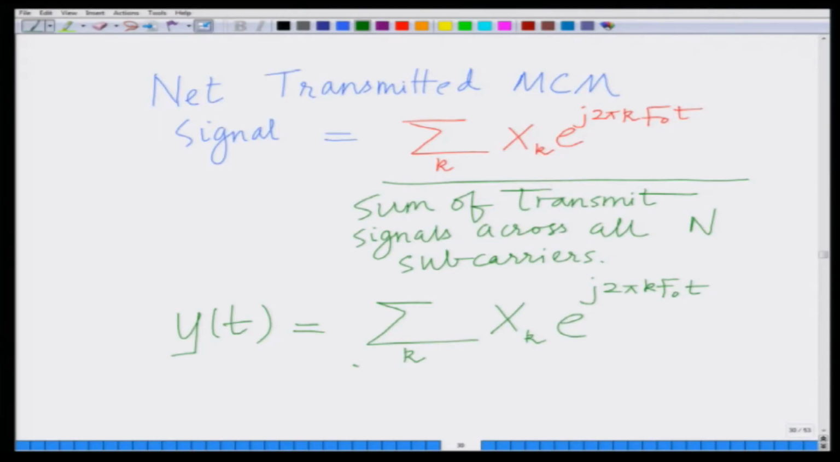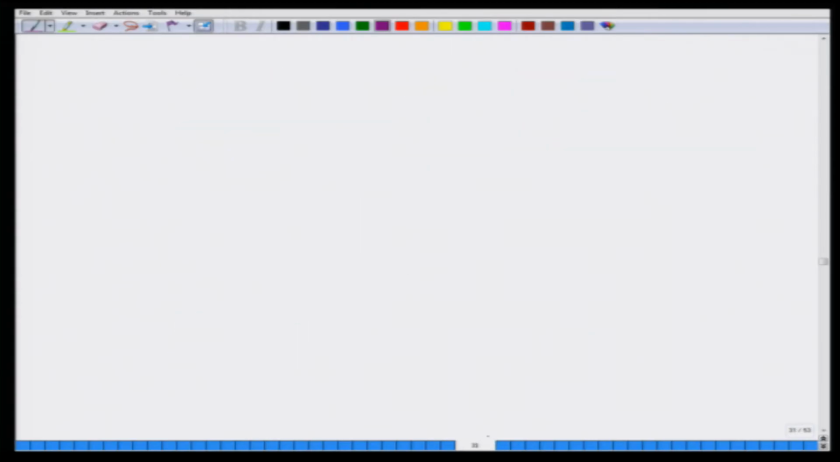Now, if you look at this expression for the multicarrier transmitted signal, you will see this is similar to the Fourier series. Notice that this is similar to a Fourier series expansion. So, therefore, x k is the kth Fourier series coefficient, and therefore, the way to extract the Lth symbol, to extract X L, which is basically the symbol on the Lth subcarrier,